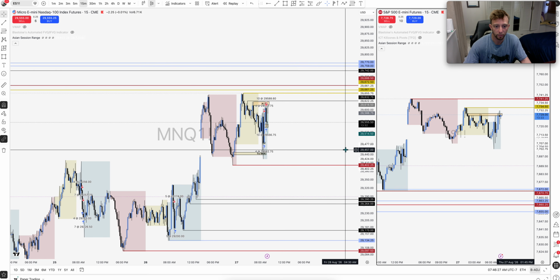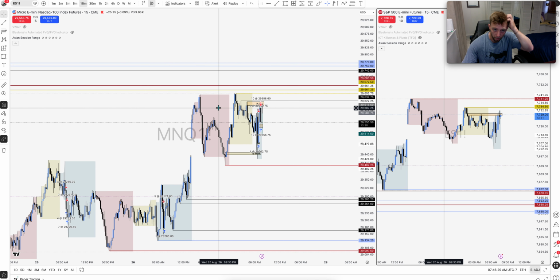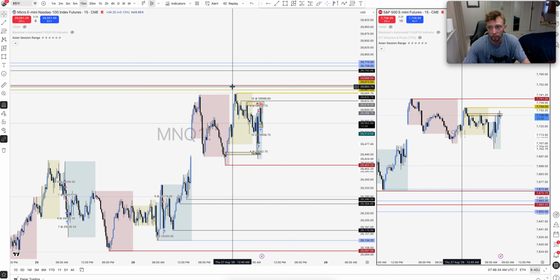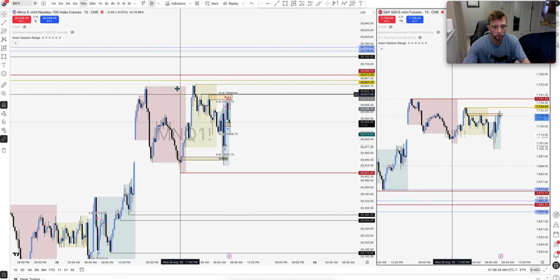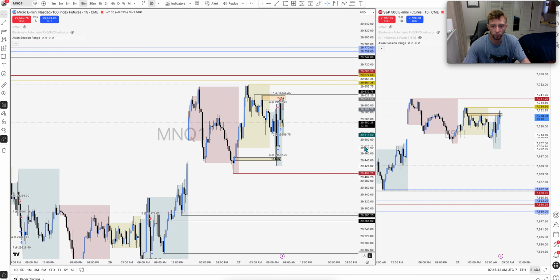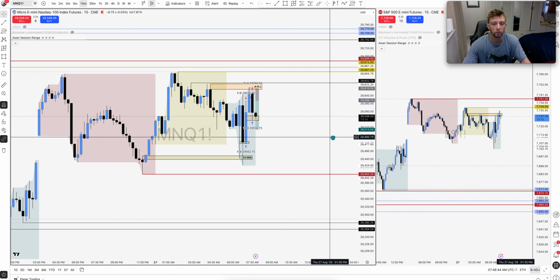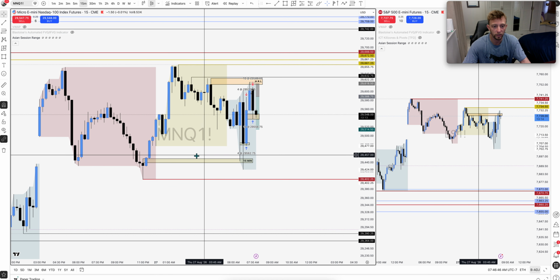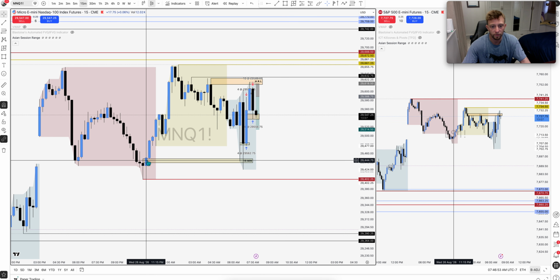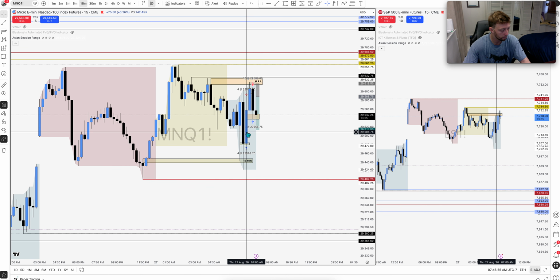So after we tapped into the gap, we came back up and then we took out more liquidity into London session. So London session came back up, we swept out Asia's liquidity, easy said and done, and then we just trickled back on down into New York's session. So for New York session, we left a couple 15-minute gaps below. So for New York, we tapped into the 15-minute gap and came back up.